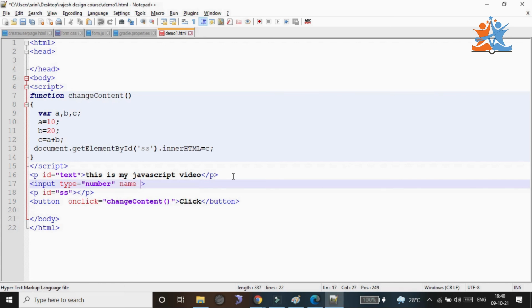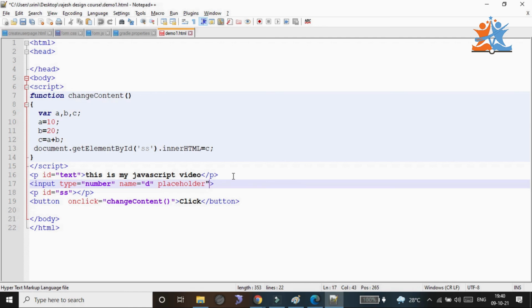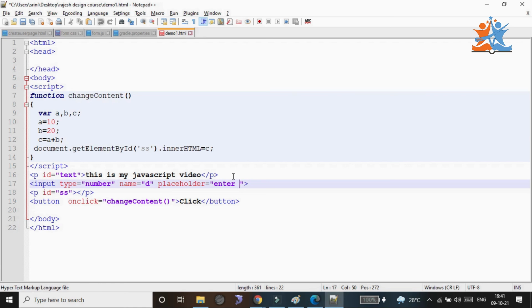Placeholder is equal to enter integer value. Then I require an ID as the main element. First value is my ID.